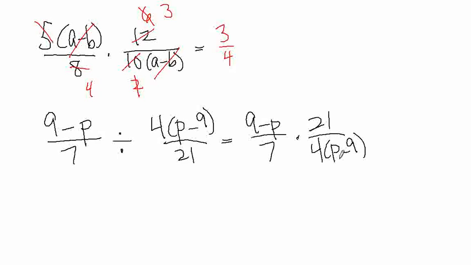Okay, so I'm going to solve it now. I converted it to multiplication, and I'm going to reduce now. So 21 over 7 is 3. Now, we have a 9 minus p and a p minus 9. So they look similar, but they're not exactly the same, are they? Okay, so